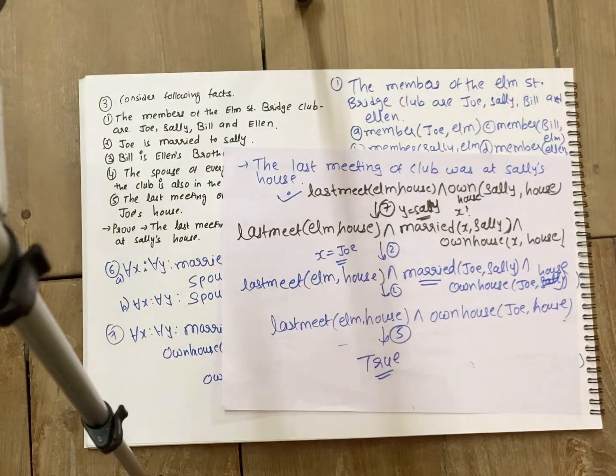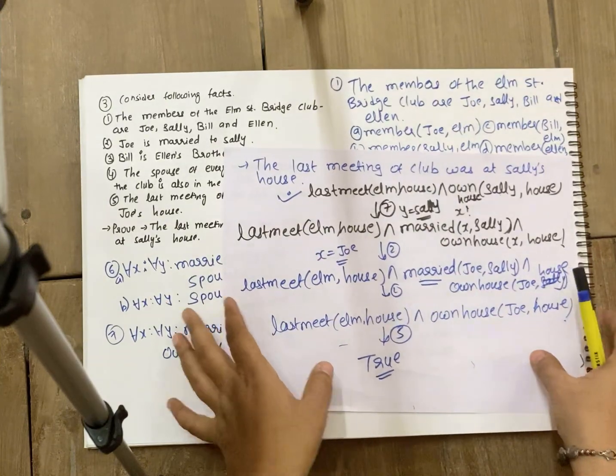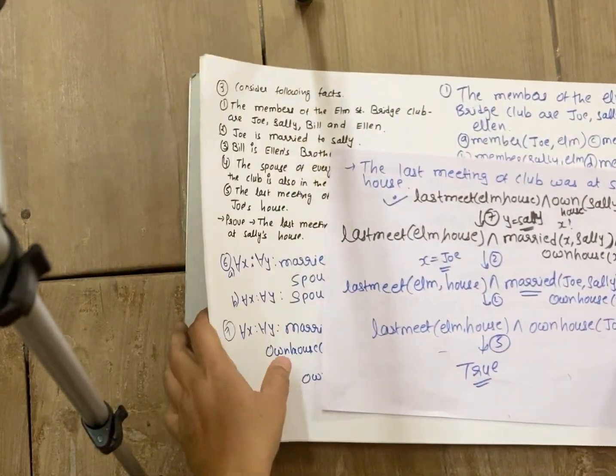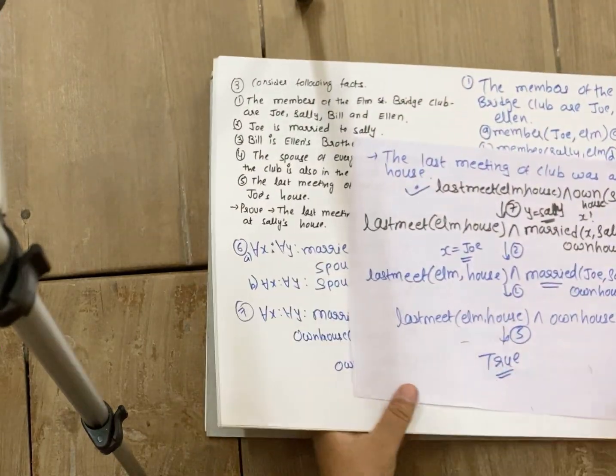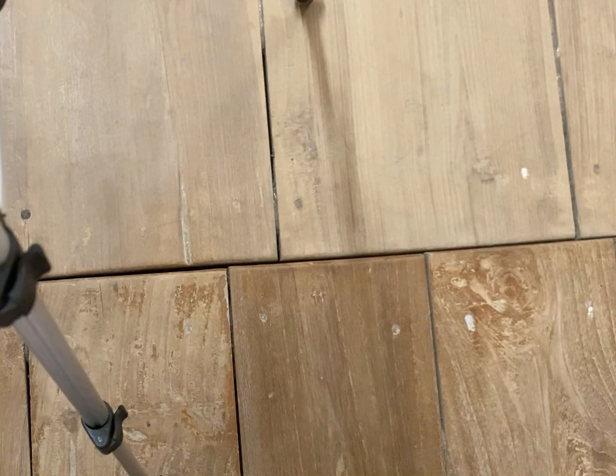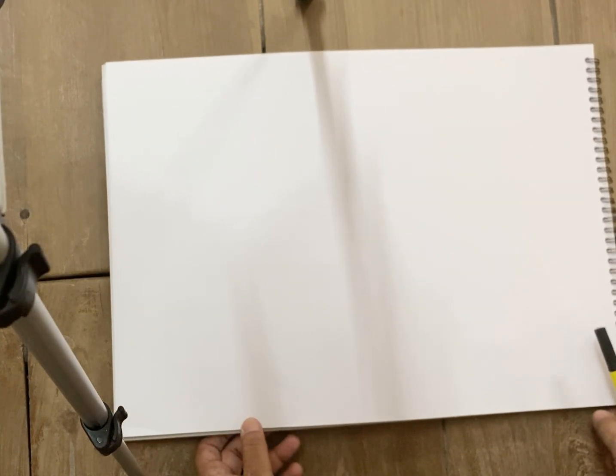Now we are going to solve one more solved example from the book. This example is talking about adding a time frame to your questions. Meaning if you have to assert a kind of time frame to your knowledge base, like you want to say that Marcus was born in this year, Pluto died in this year, how you are going to assert those kinds of information is what we are going to discuss now. So let us see with an example.